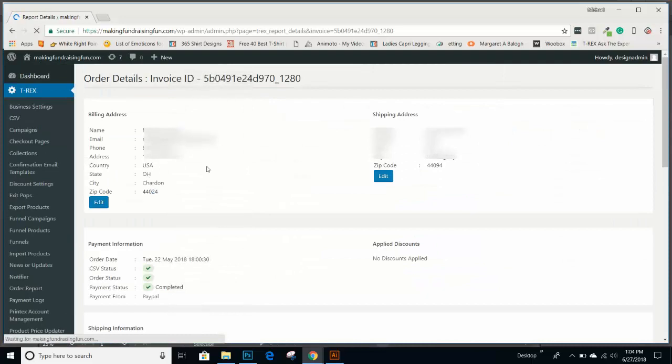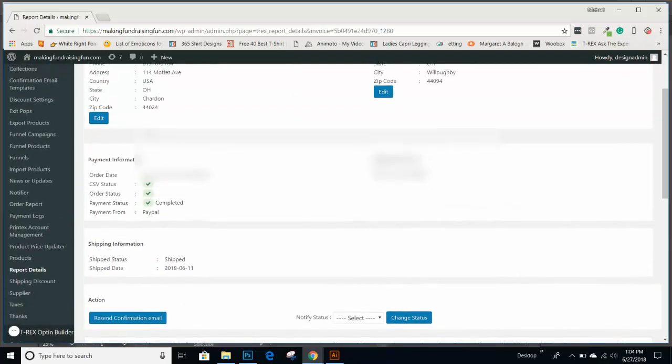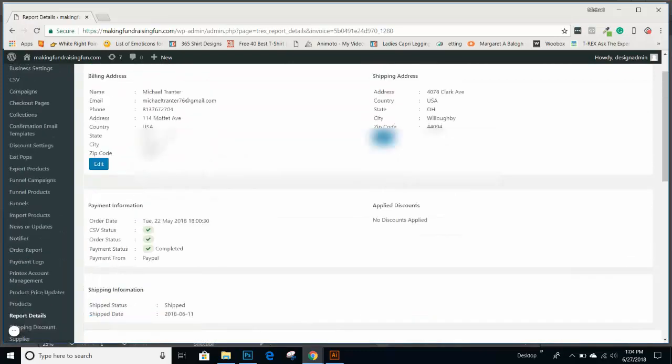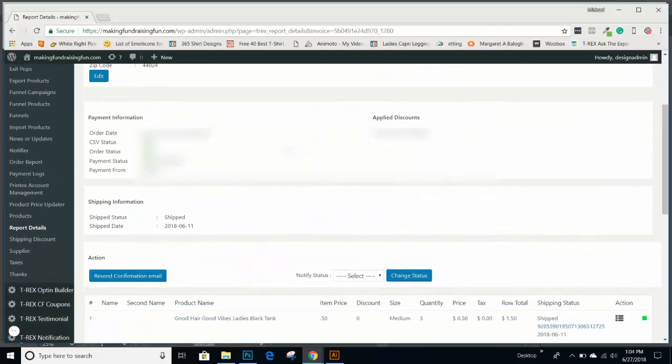So you can always click on the invoice number, and this is going to give you all of your information about the customer. It's going to give you everything you need to know about their address. This is going to be the billing address, the shipping address, the payment information, all the status that we just talked about, and what type of payments they used. So if they're using Stripe or PayPal,